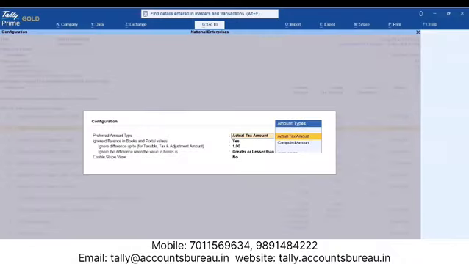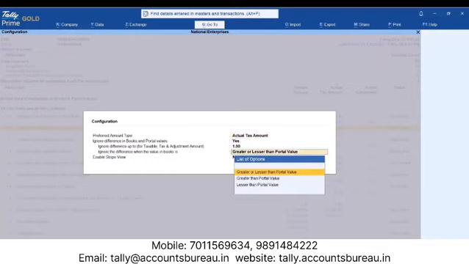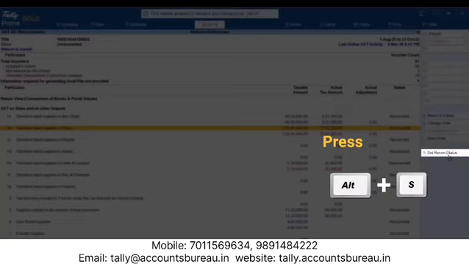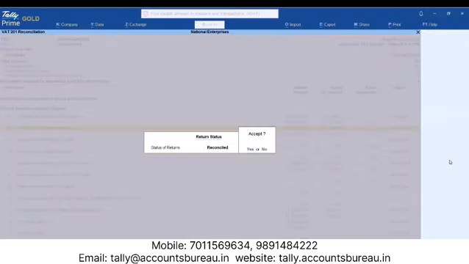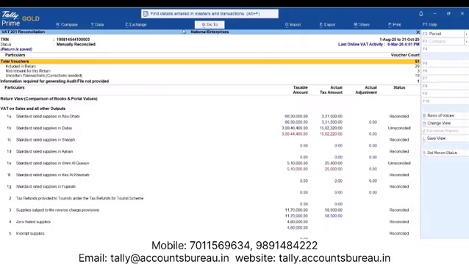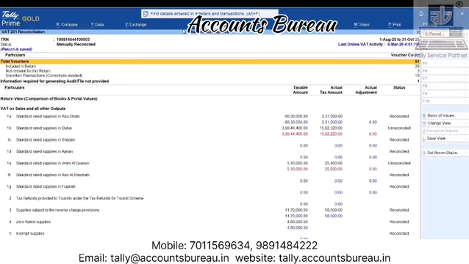to adjust report settings, such as preferred amount type, computed or actual, acceptable limits for differences, and whether to ignore certain variances. Press Alt-S, Set Recon Status, to manually mark the status as manually reconciled. You can also update the VAT periodicity if there is any mismatch in the return periods before reconciling.